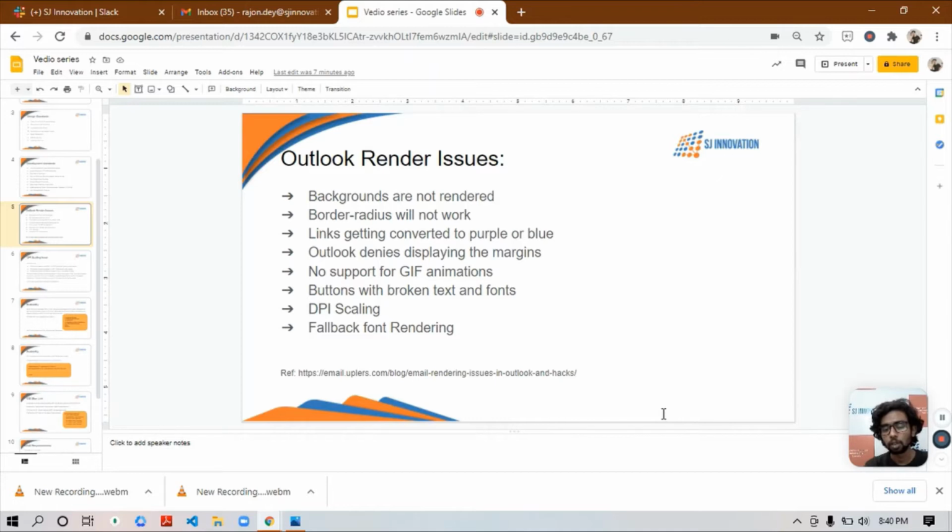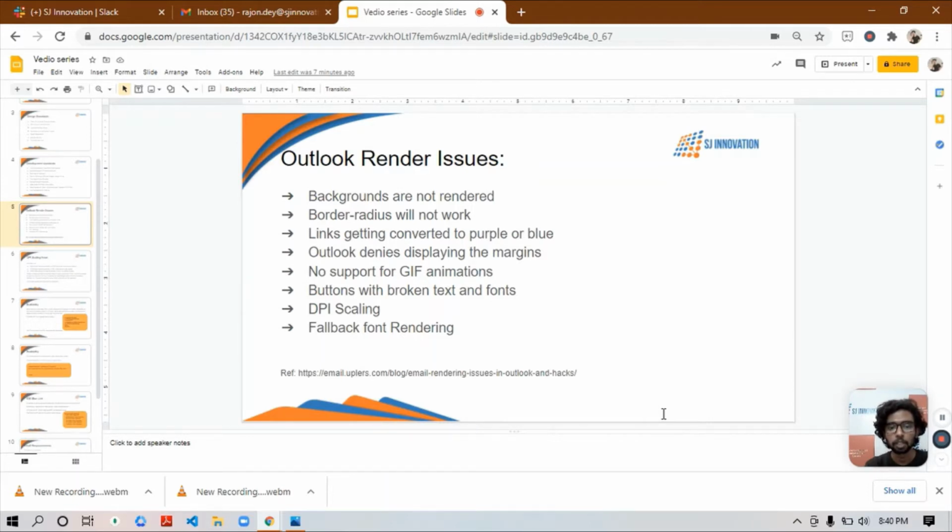We can make space with padding, but as Outlook can't read margins, if we design with a margin, it's okay in the browser, but in Outlook there is no space, so all the design is wasted. So try to avoid margins, otherwise you won't get your proper design. Instead of using margin, better use padding.